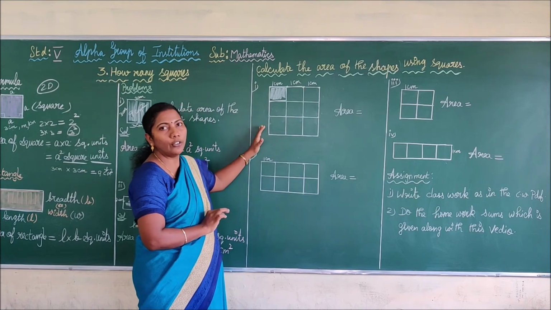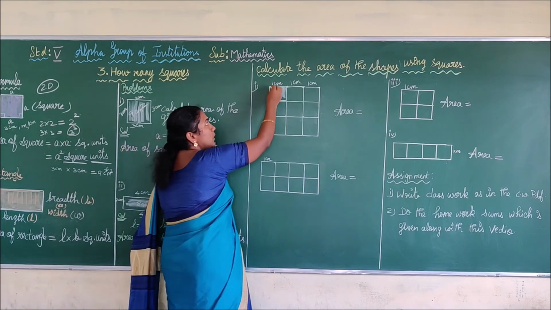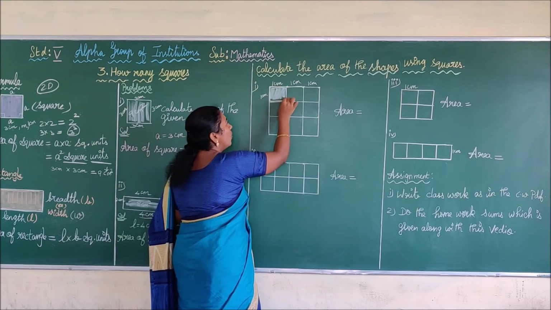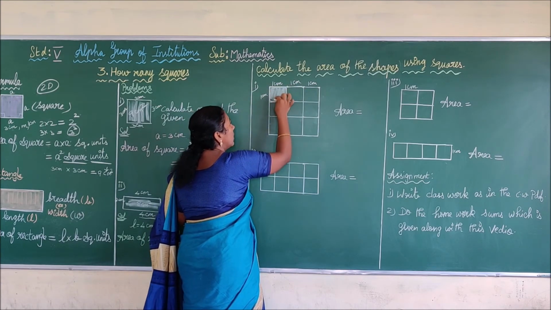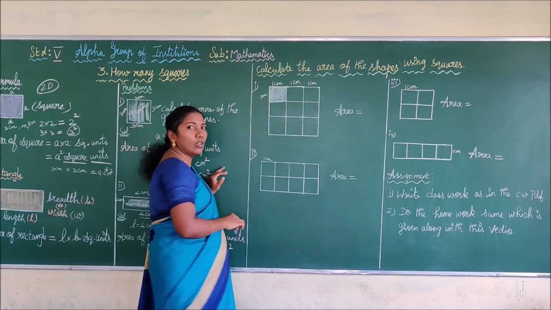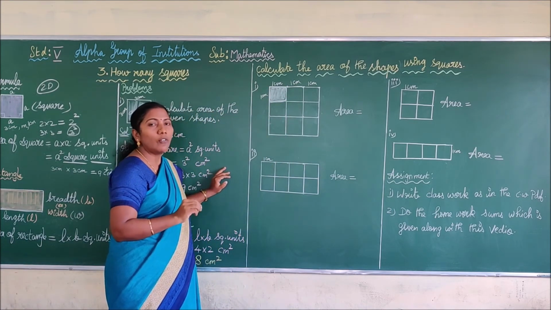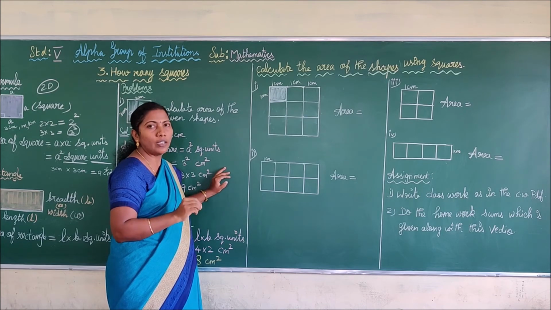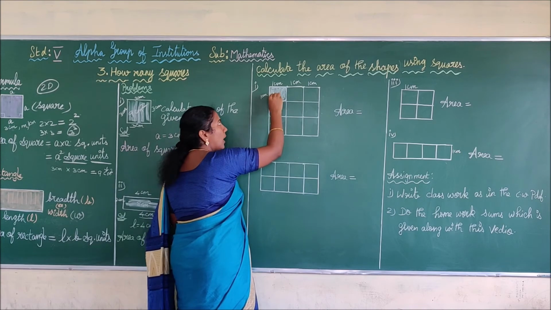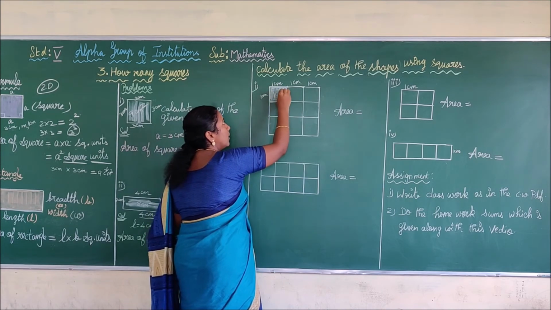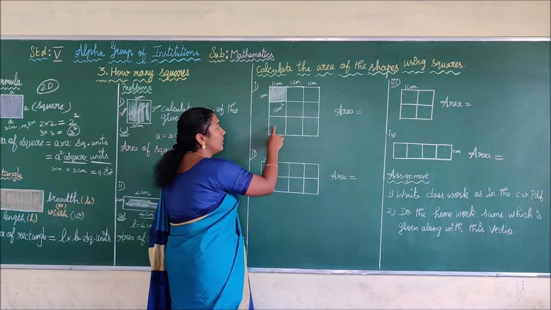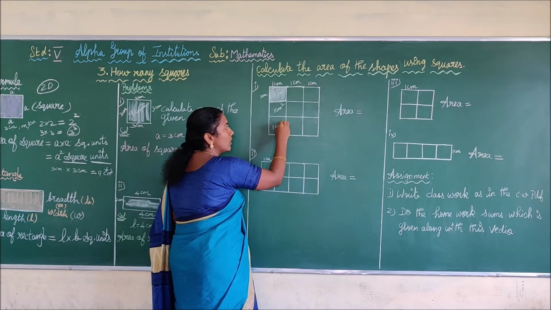Okay, how are we going to calculate? Listen carefully. This is 1 centimeter and this is also 1 centimeter. Now, what is the formula of this shape to find the area? All the sides are equal. So what is the shape? Square. What is the formula to calculate the area of a square? A square. Here A is 1. So 1 into 1, centimeter into centimeter, centimeter square. I write here 1 centimeter square. What is the area of this square? This is also 1 centimeter square.